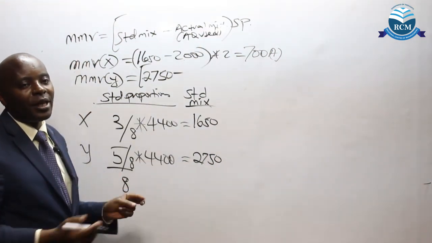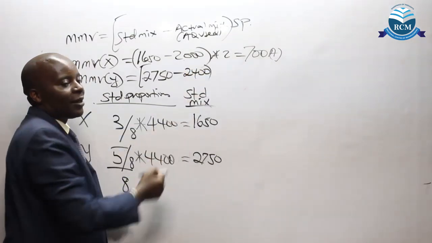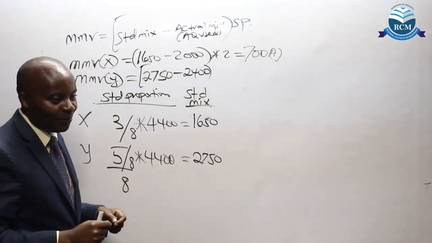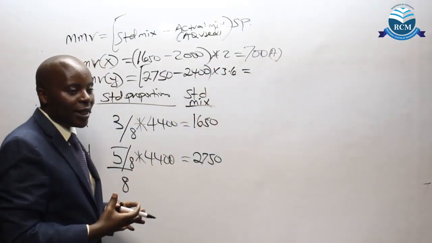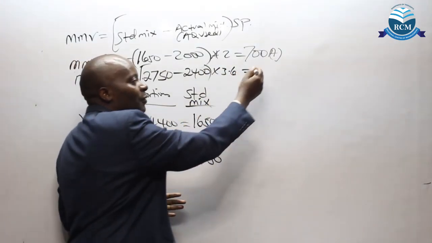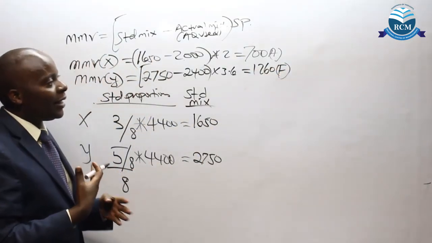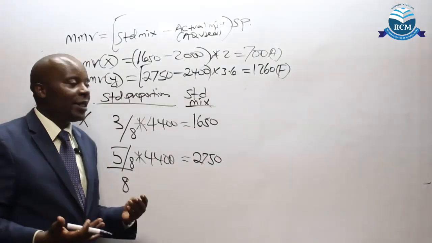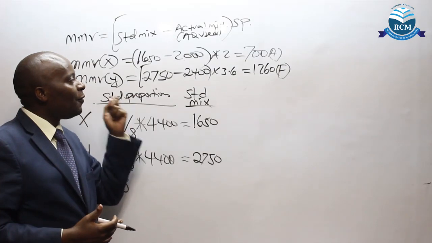Yes. Same as actual quantity, which is 2,400 multiplied by the standard price per kilogram, 3.6. Were you able to get the total there? 1260. 1260, adverse or favorable? Favorable. So in terms of Y, indeed it favored our performance, because for Y we had set aside 2750 to be